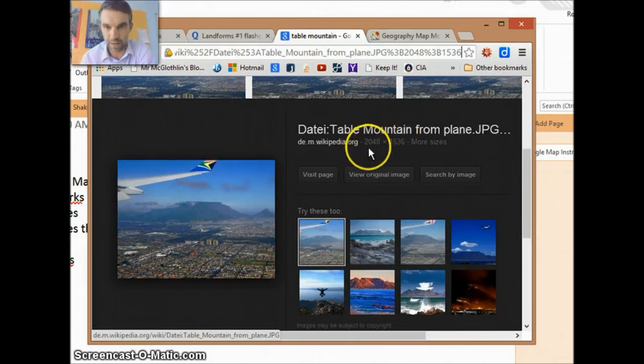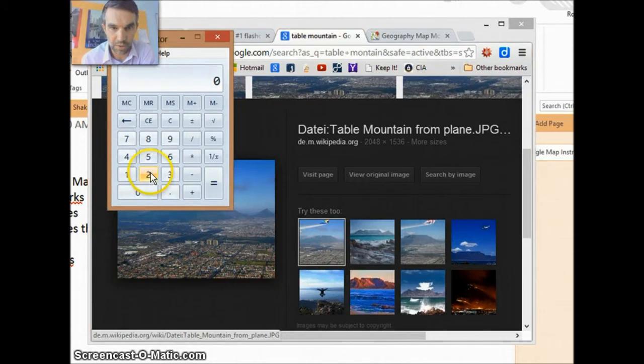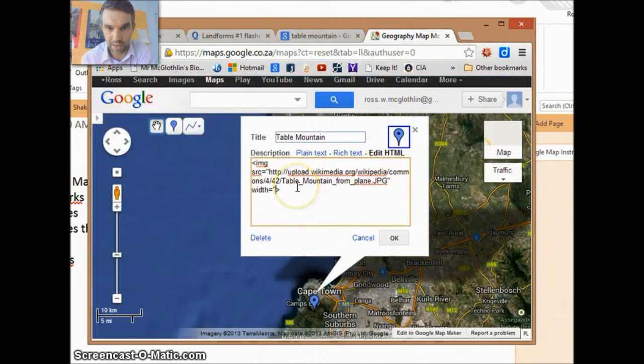So maybe 1/8 of this number or something. So you can just take your calculator and do a little division. So we'll do 2048 divided by 8 equals 256. Okay? So now we're going to go back over here, and we're going to say width equals, and again I've got a quotation mark there, 256, and I'm going to put another quotation mark, then a comma,